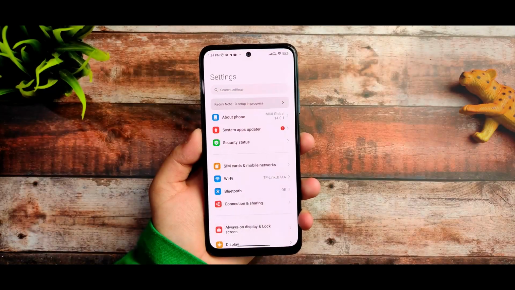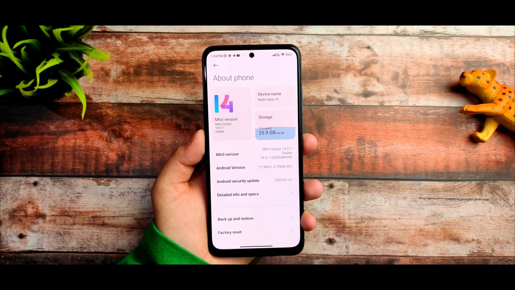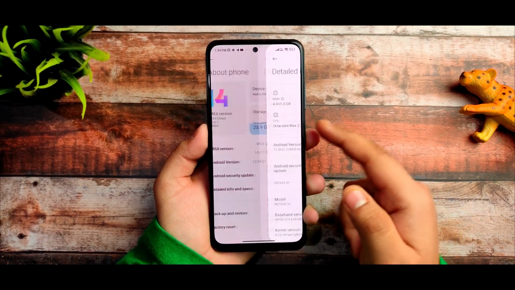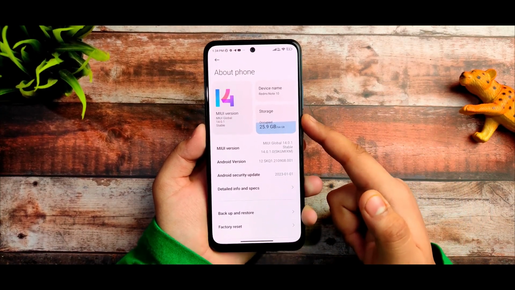So alright, this is the Redmi Note 10 and I have installed a MIUI 14.0.1 global stable update for this device, and I will be covering each and every aspect of this device that we are getting after the